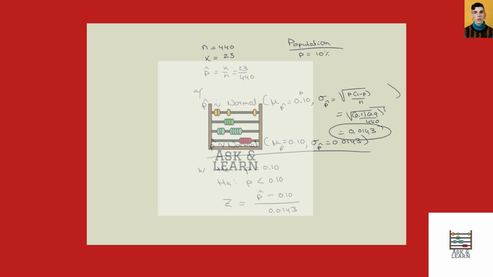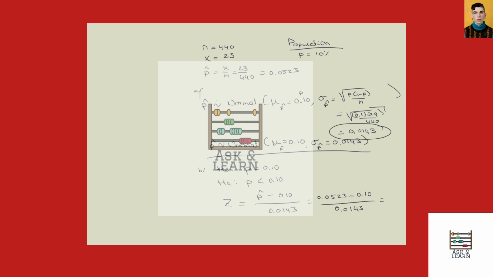My p hat was 23 over 440, and 23 divided by 440 is equal to 0.0523. So this is 0.0523 minus 0.10 over 0.0143,